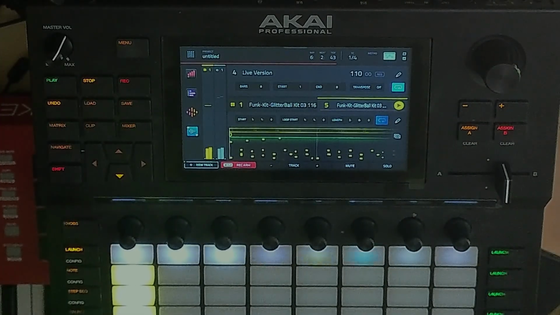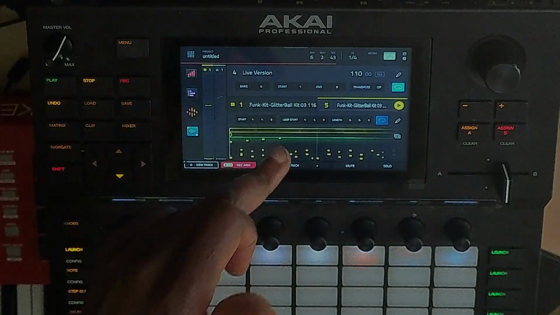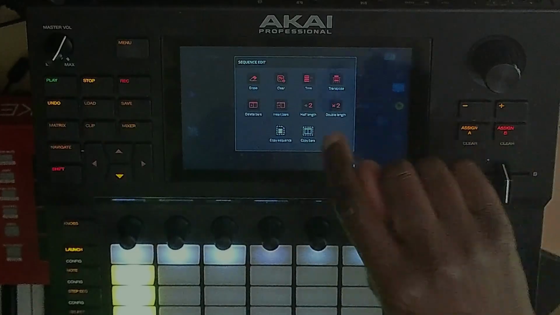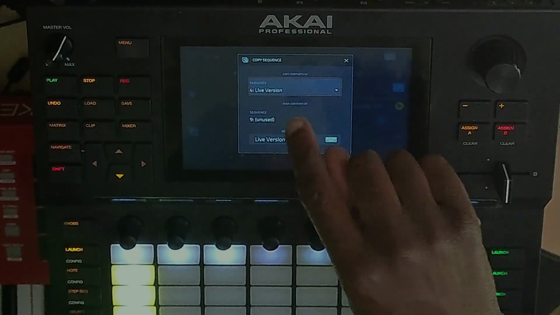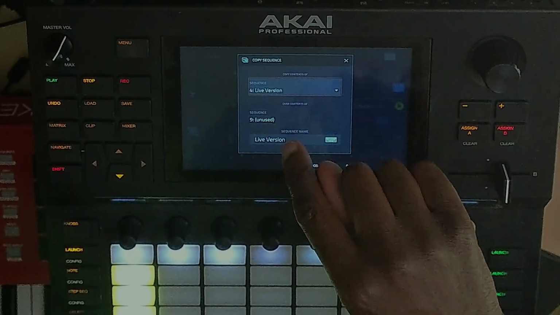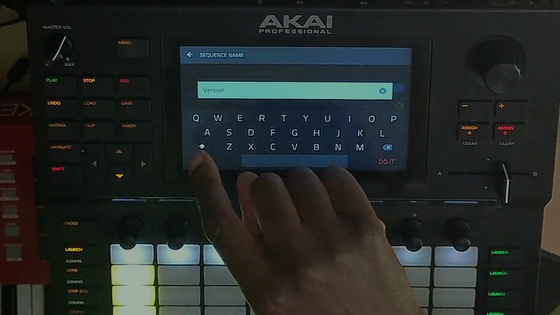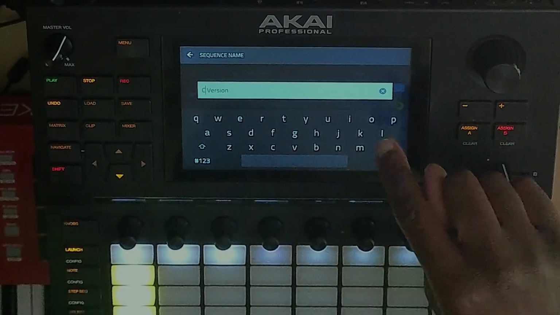Or I could record it back in. I could record it in because the automation's already there. So I could just press and do whatever and record that information into a sequence. But better than that, what I could do is use a live version, and then I'll go copy sequence, and I'll go to here and I'll call it a clip version. So go clip